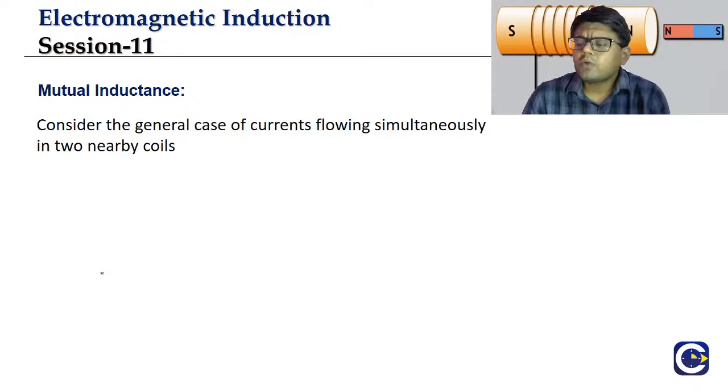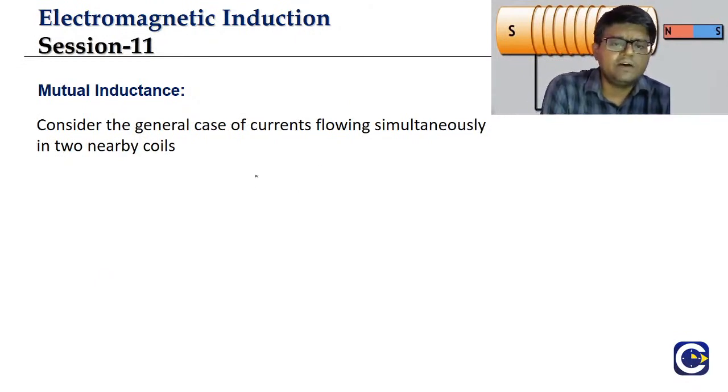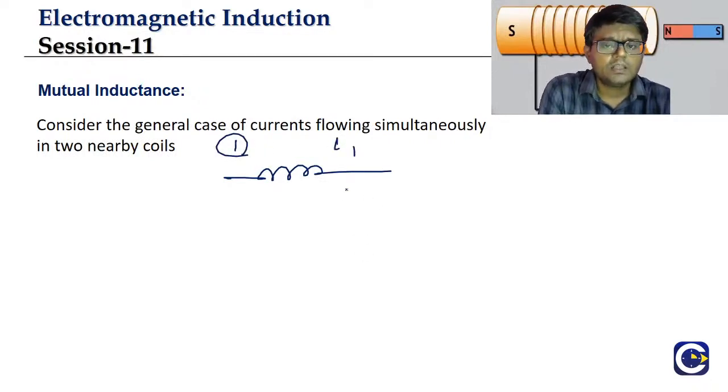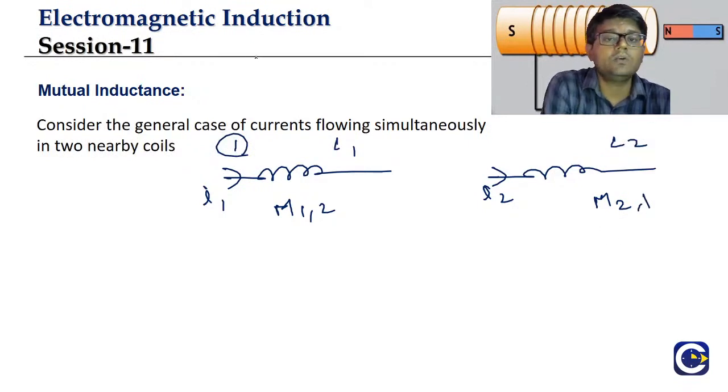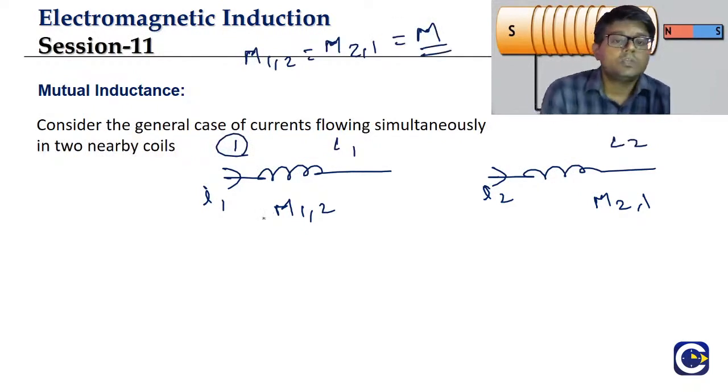Now, if you look at the general case, say for example, there is a coil 1 which has self-inductance L1, and there is a coil 2 with self-inductance L2. In coil 1 the current is I1, in coil 2 the current is I2. Mutual inductance of coil 1 because of coil 2 is M1,2, and of coil 2 because of coil 1 is M2,1. We already know that M1,2 is equal to M2,1. Let us call it simply M. So the total induced EMF